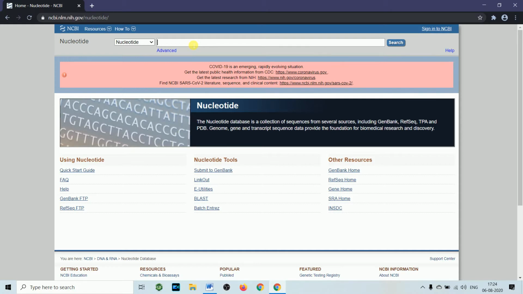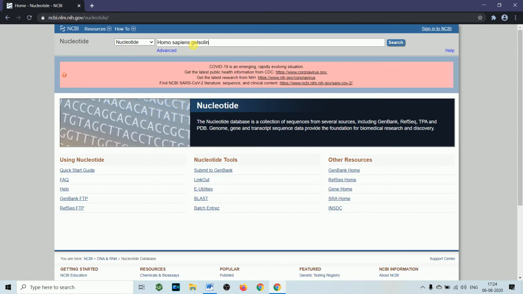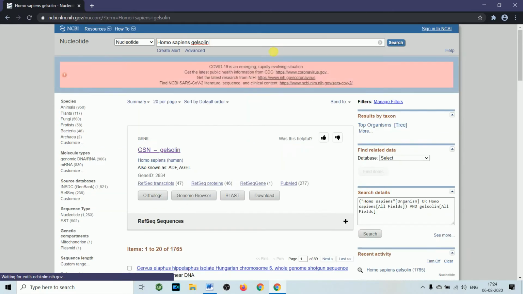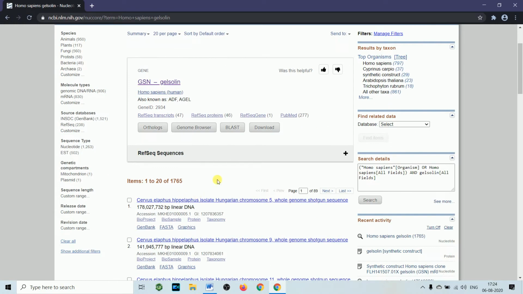So here, for example, I am writing Homo sapiens gelsoline. Gelsoline is a protein which is required for the polymerization of actin. Actin is the cytoskeletal protein.